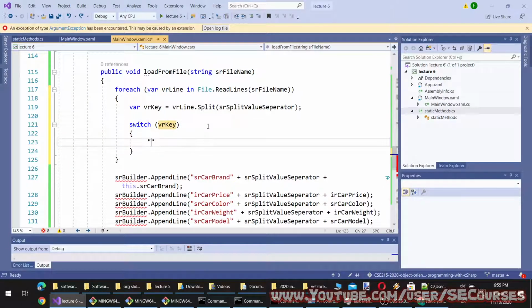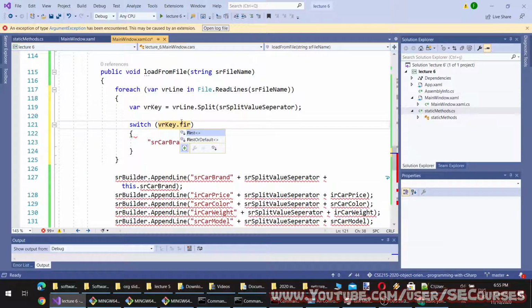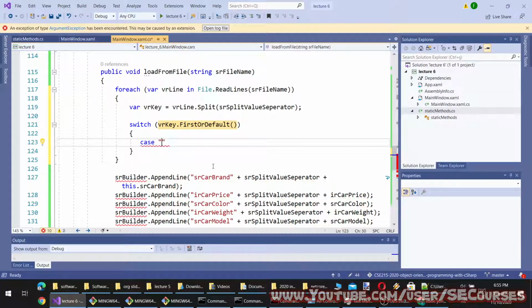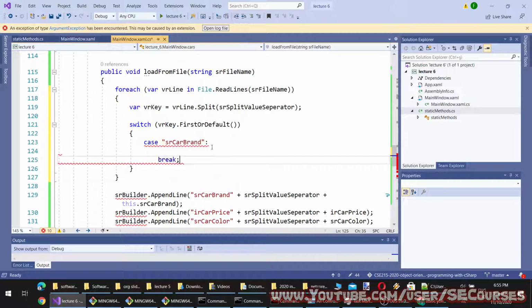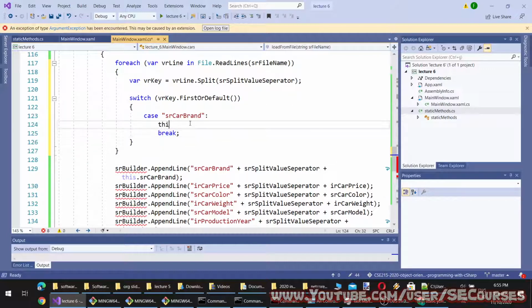We don't need a default value. So if it is sr carbrand, by the way, it would be FirstOrDefault like this. If the case is sr carbrand, we will set this.sr carbrand equal to vr key LastOrDefault.